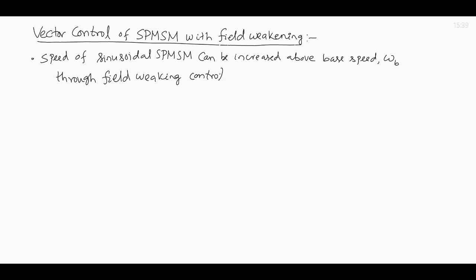Because armature reaction is small, stator reaction is small because stator inductance is small. So, only limited range speed control is possible above the base speed. The range is very small. And further we have